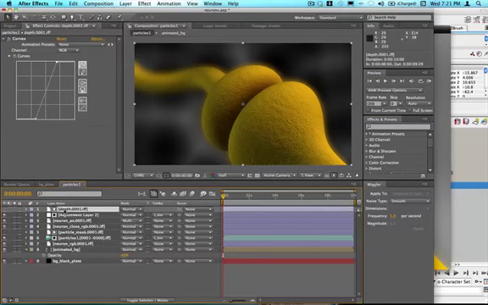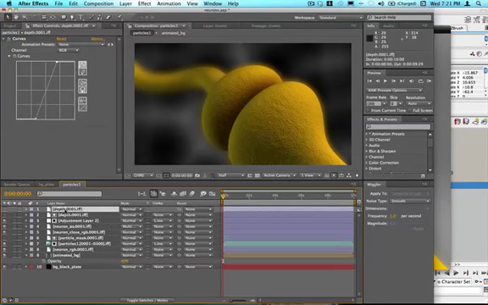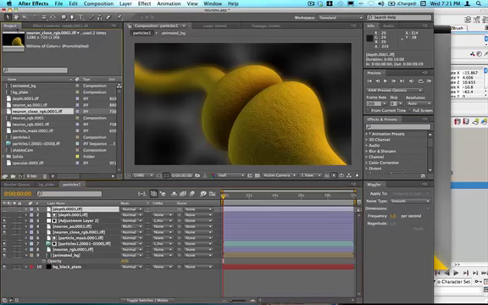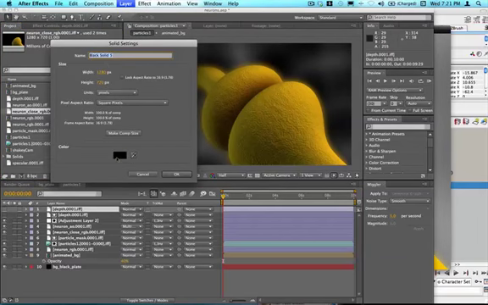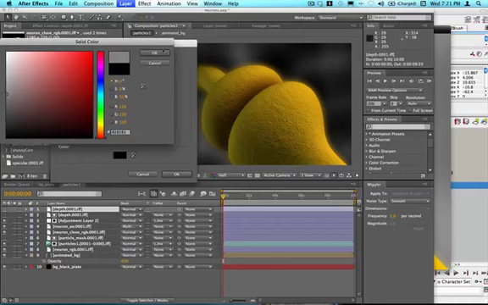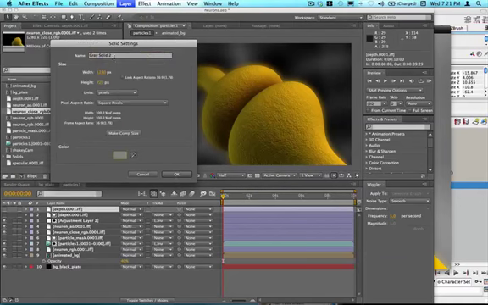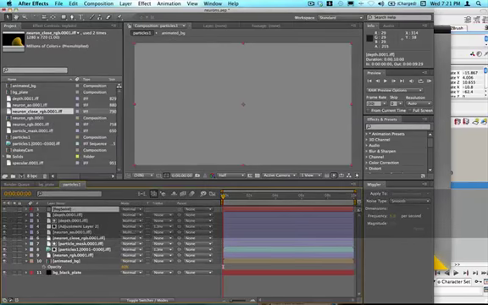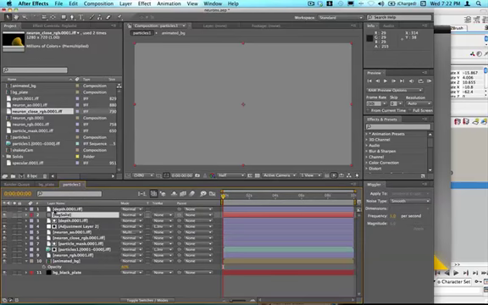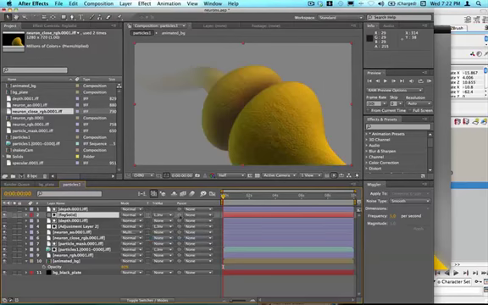But we can rely on our depth pass to do this for us too. So let's say I just duplicate this depth pass, or depth layer, and I'm going to create a new solid, and this one I'll make kind of a 50% gray or something, and I'll call this fog solid. And if I put it under the new depth pass, I can use that as a Luma inverted matte, and we get this kind of simple, easy